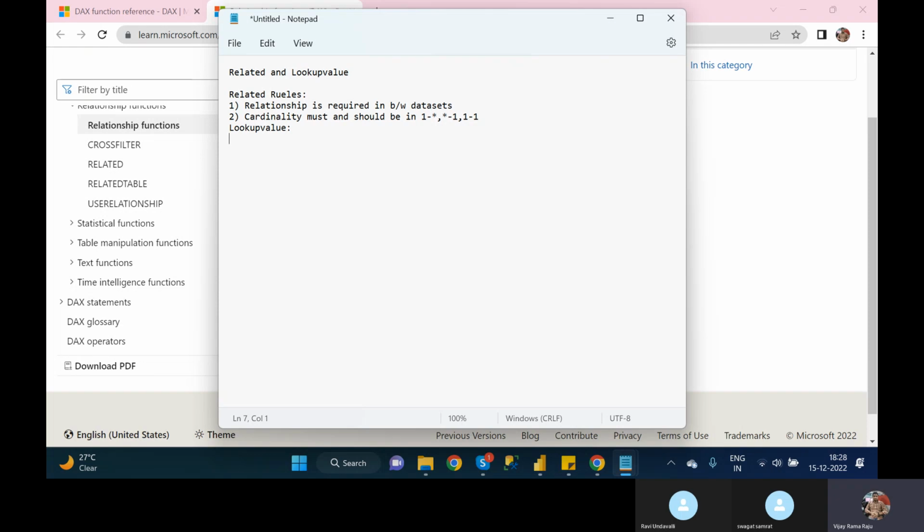Okay, what does the lookup value function do? Lookup is also getting a column from another data set. Related and lookup value, both functions are getting a column from another data set. If the related function works, these are the rules. If it is the lookup value function, see, there is a rule: it may or may not require